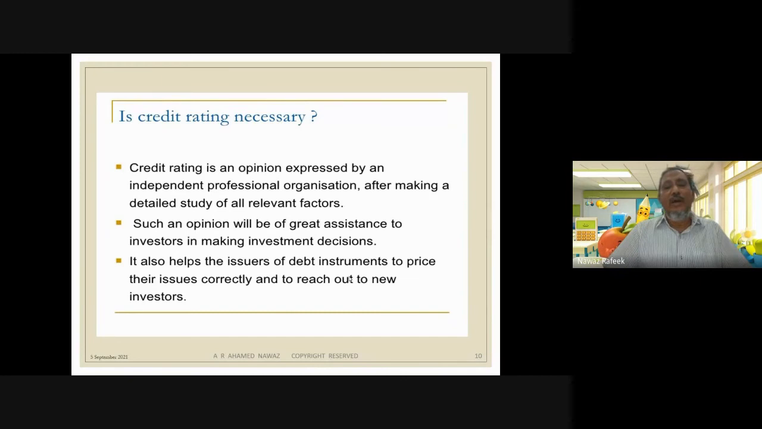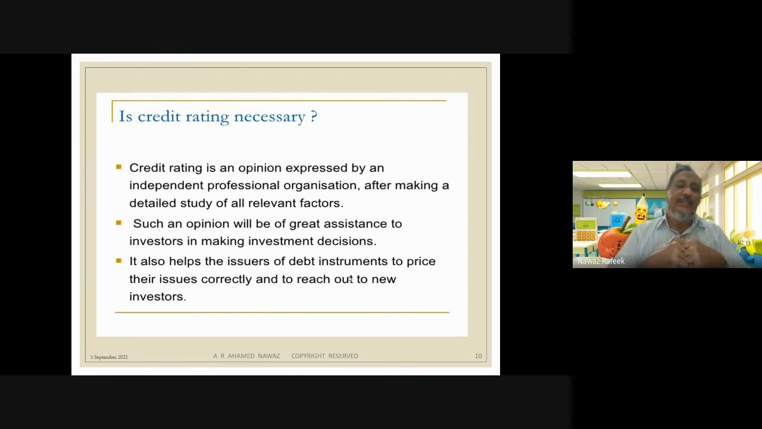So it will give an idea whether that borrower is worthwhile or the proposal is viable. The support to take that decision is given by the credit rating. It also helps the issuers of debt instruments to price their issues correctly and to reach out to new investors. Specifically large corporates,